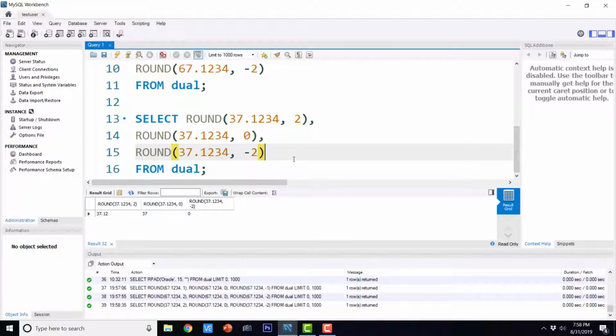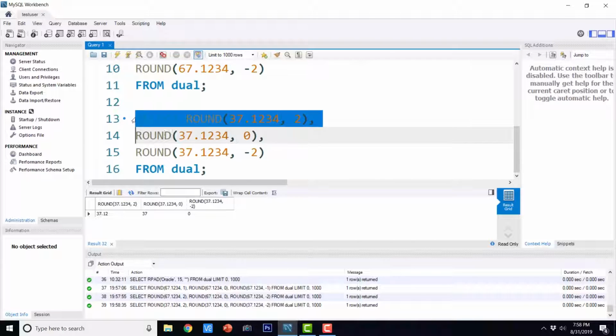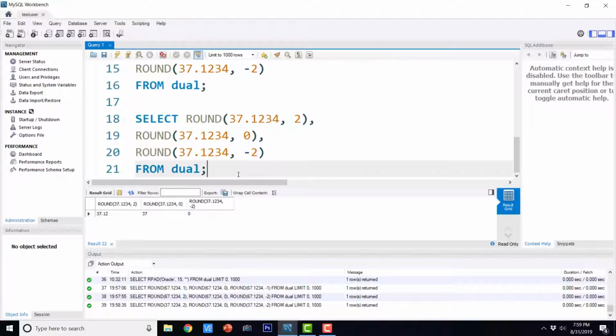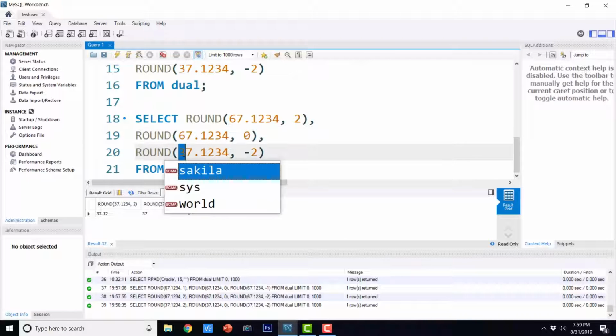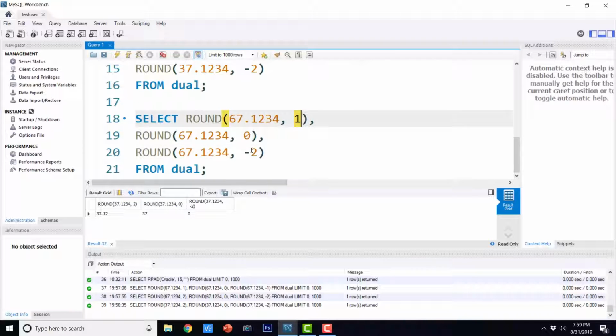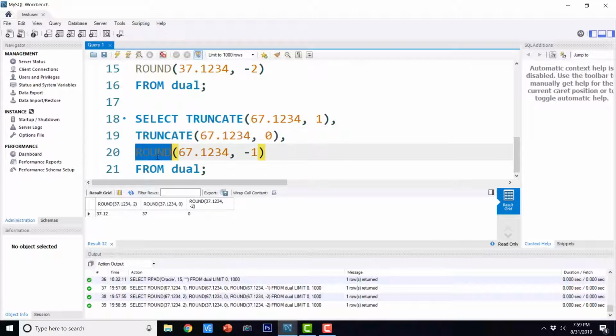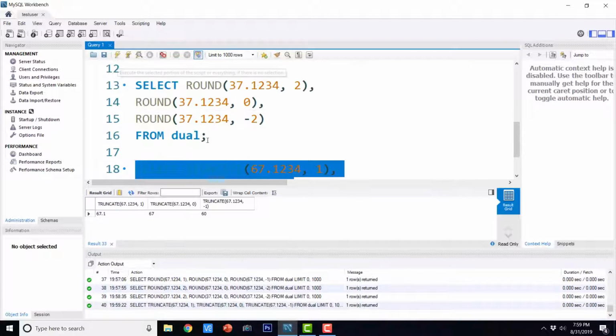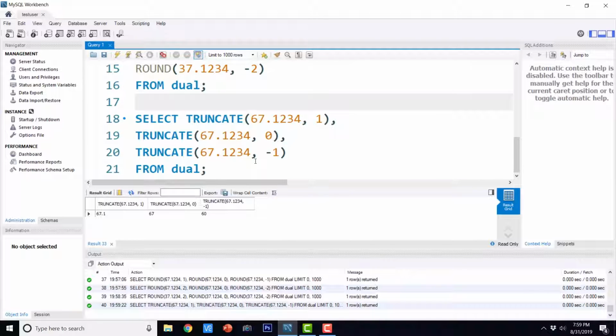Now we can just do similarly the truncate function. I'm just going to copy this as it is. Let me execute this and then I will explain the result. So this is the truncate output.